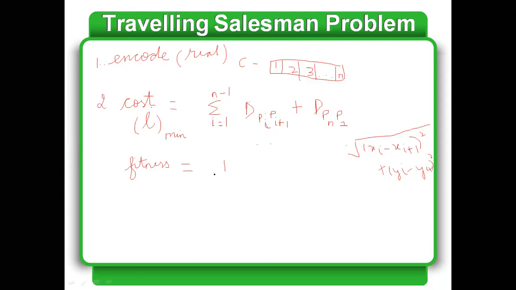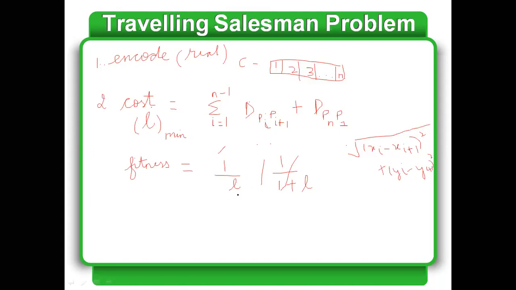So I take it 1 by L, that is the cost function, or I could have taken it as 1 by L1. Now in this case it will not be 0, but we take it 1 normally to ensure that it doesn't become 0. So in this case, it is not required. So I'm not considering this. I'm taking my fitness to be 1 by L, where L is this distance function which is considered, and it is nothing but an approximate measure of the entire tour which would be there.